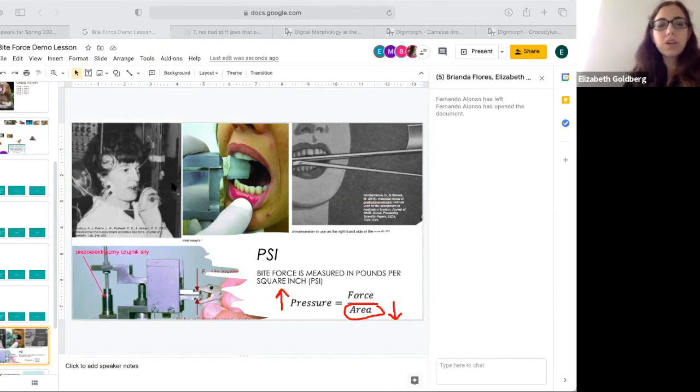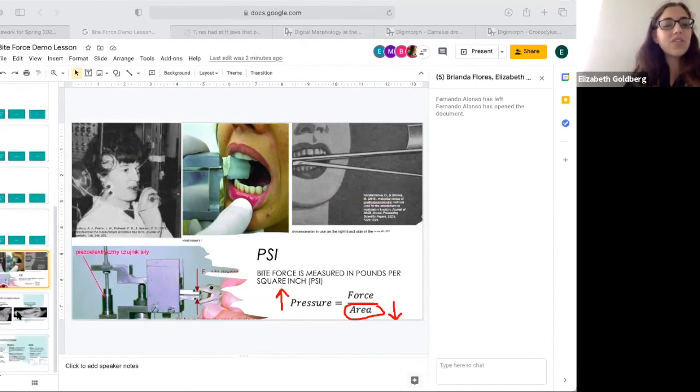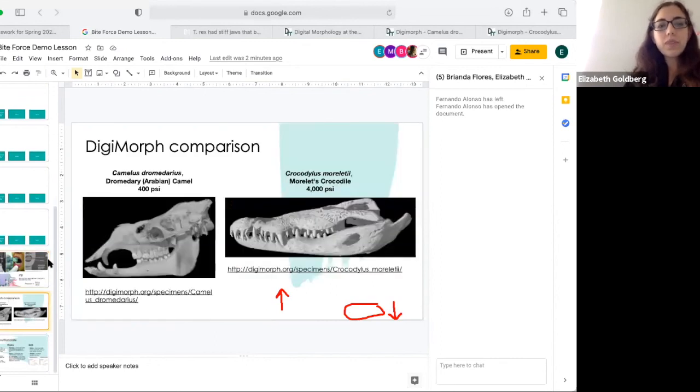But just for those of you who want to know, these are also pictures of how they measure bite force. I love this one right here. We got the little lizard. We're making him bite down. It's pretty cute. Okay, so anyways, now another source that I want to show you is